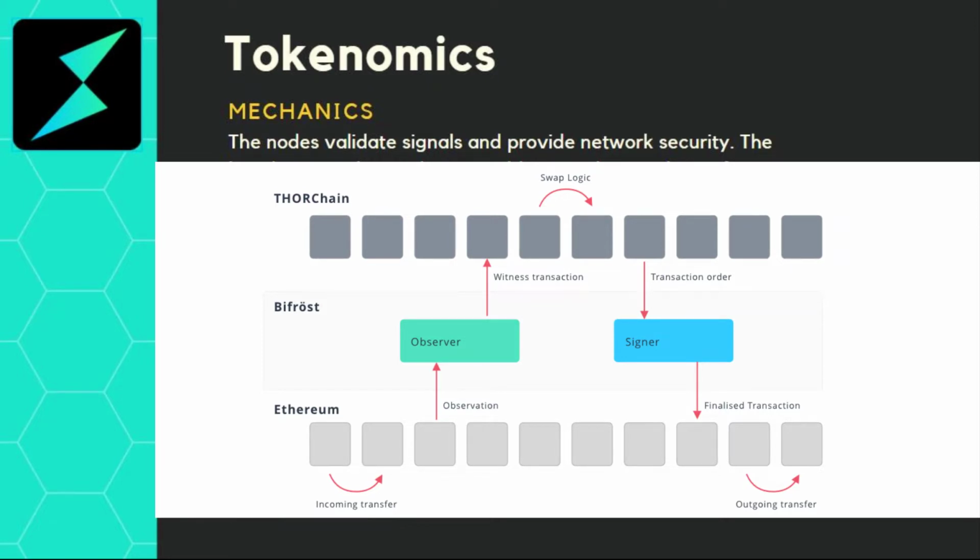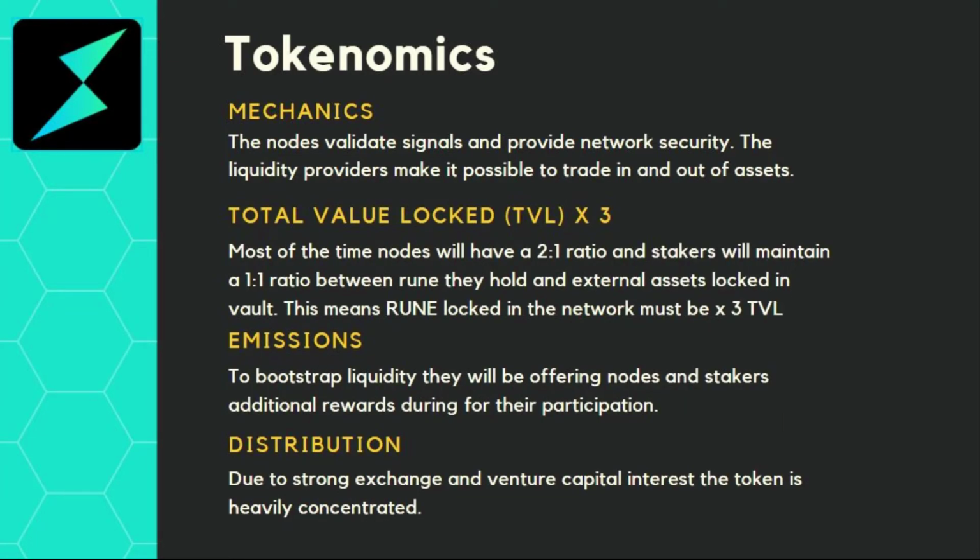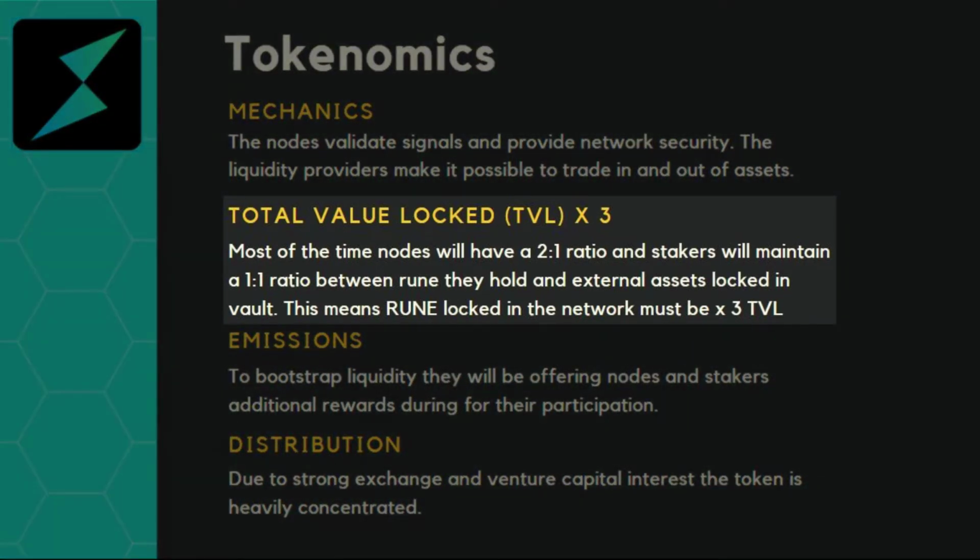To put it simply, you basically have one signal coming in from an external blockchain into Thorchain, that being the deposit. The token goes into a vault. This will initiate Thorchain to send its own signal out to be broadcasted to the target blockchain, in this case being the token that the user wants to receive. This way there's no need to commingle assets and users are able to trade assets that belong to different chains. And the reason why this is relevant to the tokenomics is because to do all this you need to have stakers and you need to have nodes. As I mentioned in the intro, each pool has to have a 1-to-1 ratio, meaning $1 million worth of Link on one side of the pool, $1 million worth of Rune on the other side of the pool.